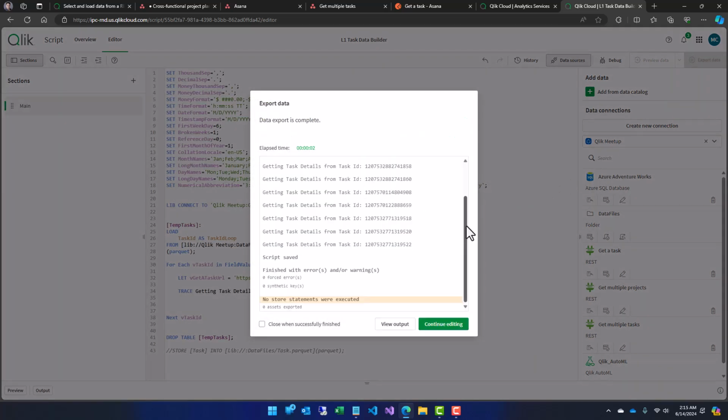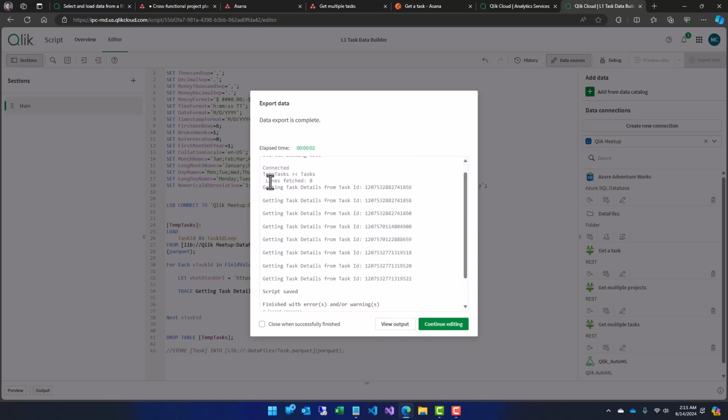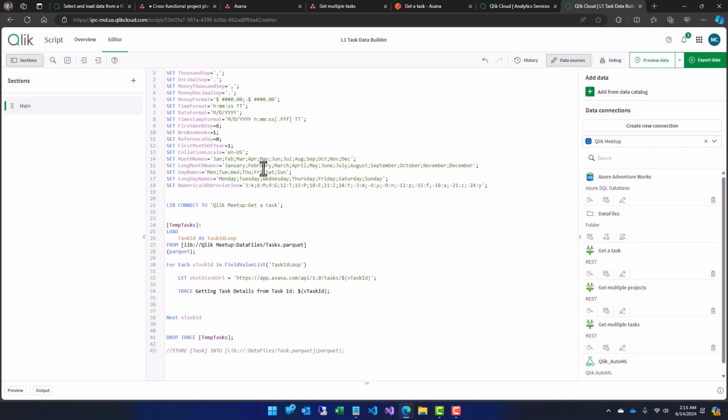Okay, so it's just going through that. So you see 8 lines found. So this is from this. And then you have the 8 tasks here. So we are looping correctly. Okay. So now